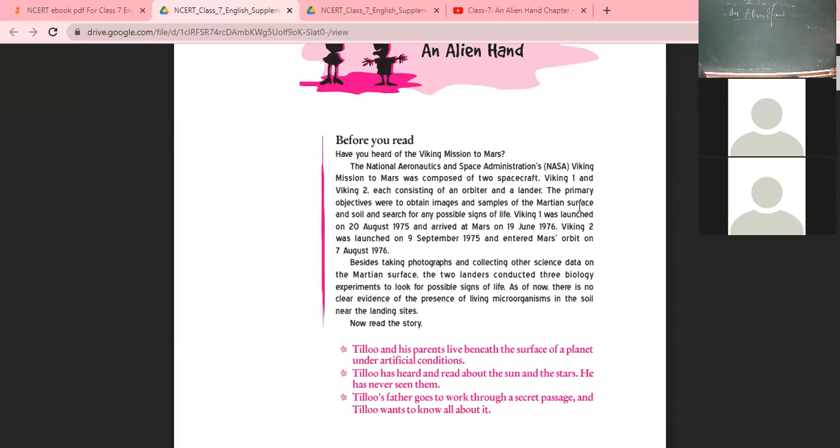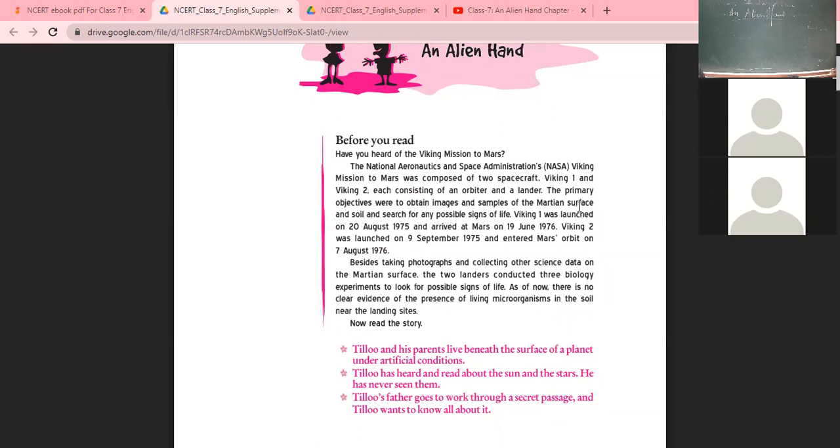Viking 2 was launched on 9 September 1975 and entered Mars orbit on 7 August 1976. Besides taking photographs and collecting other science data on the Martian surface, the two landers conducted 3 biology experiments